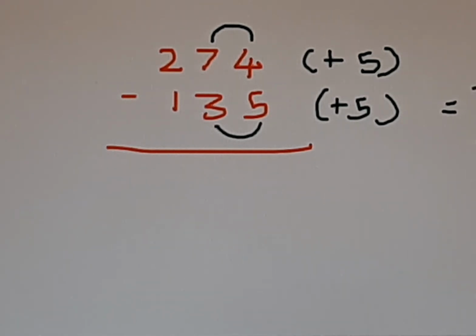Now you have to minus this. 9 minus 0, ones will be the same, 9 will be the same. 7 minus 4, 3. And 2 minus 1 is 1. So 139 is your answer. These steps are only for you, not for others. In the beginning you have to do it with paper, but after that you have to do it mentally. So 274 minus 135 is 139. Understand? Now we will go further.